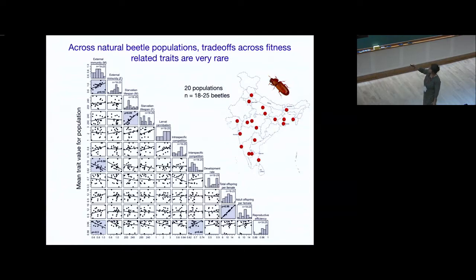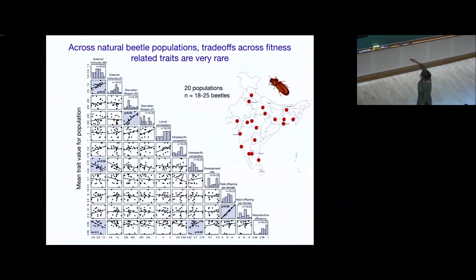So let me walk you through some of these. Here's external immunity. Beetles secrete toxic compounds in the flour, and they are antibacterial compounds. So we measured how much of these compounds they're producing for males and for females. We measured how long they could live under starvation, again for males and females. We measured the degree of larval cannibalism, intraspecific competition. So asking if they are in competition with their own population, what is the probability of a particular egg surviving? Similarly, interspecific competition. They're often found in close competition with a congener, Tribolium confusum. So we asked if they're competing with Tribolium confusum eggs, how well do they perform?